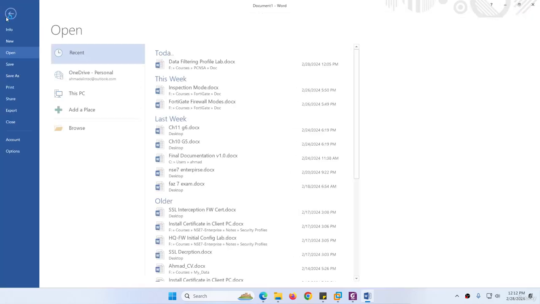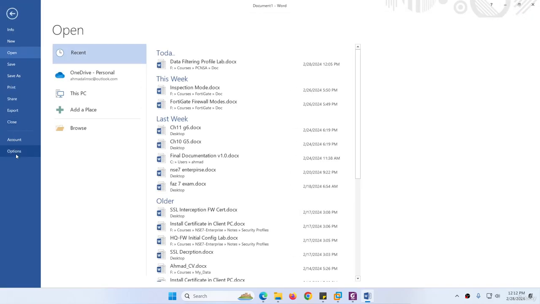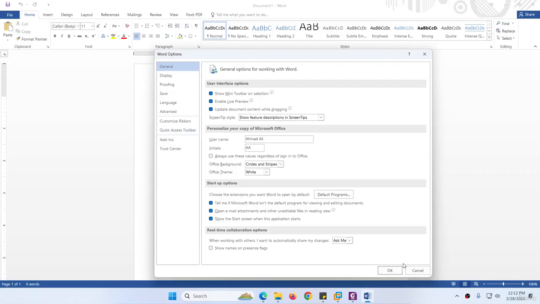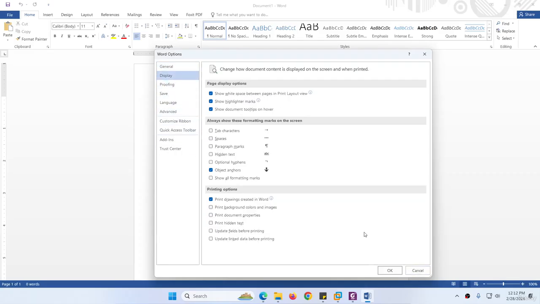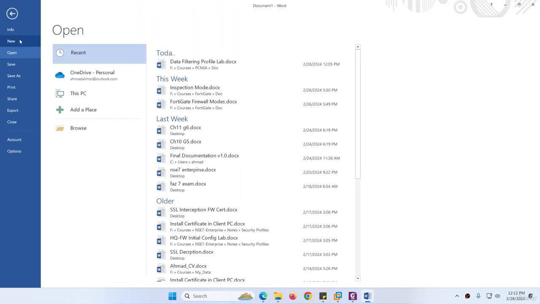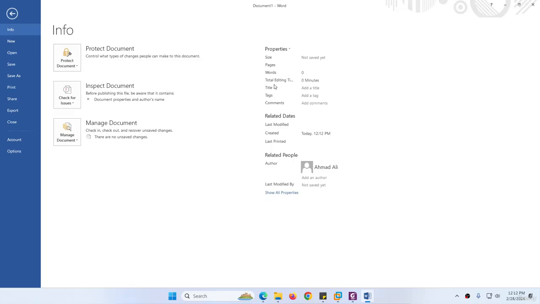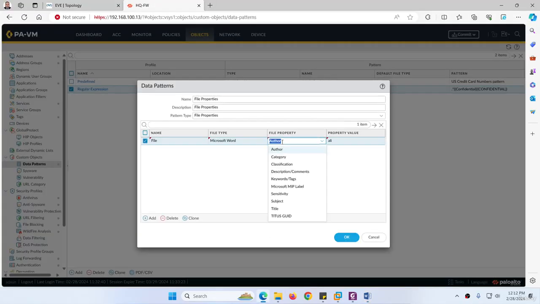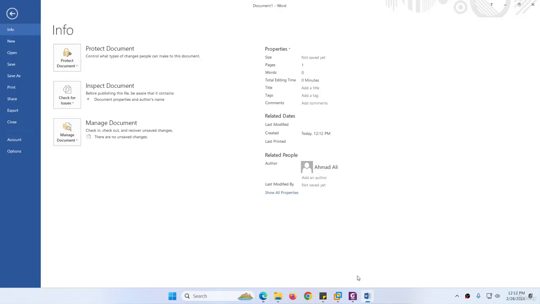Okay, suppose if I go to this file option, okay, and if it can show me the detail, suppose let me save some file. Okay, so you will find the detail of these files. Suppose info. So here is the tag. This is the tag. They already have a tag as well. If you click here, there is a tag and keyword. So if this Word file has a tag, normally they have a title, they have a tag, and it can be anything. So you can define the file property,